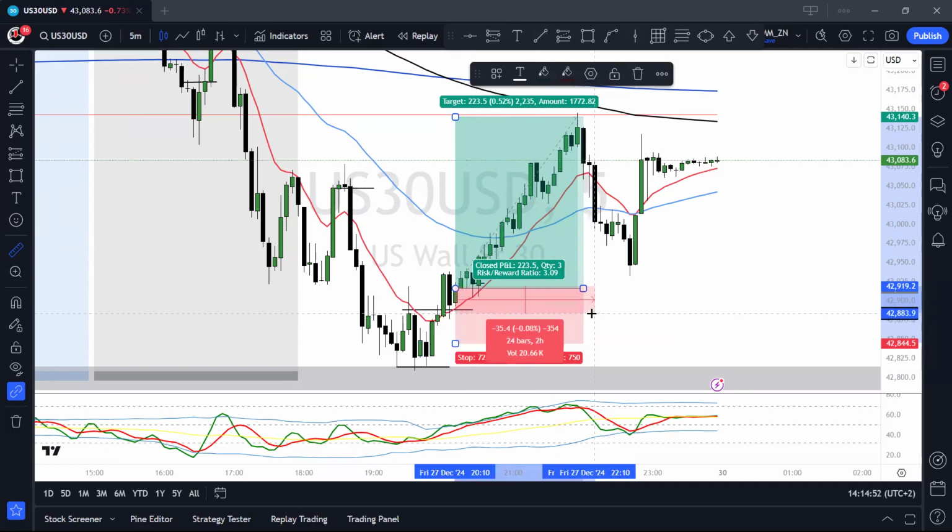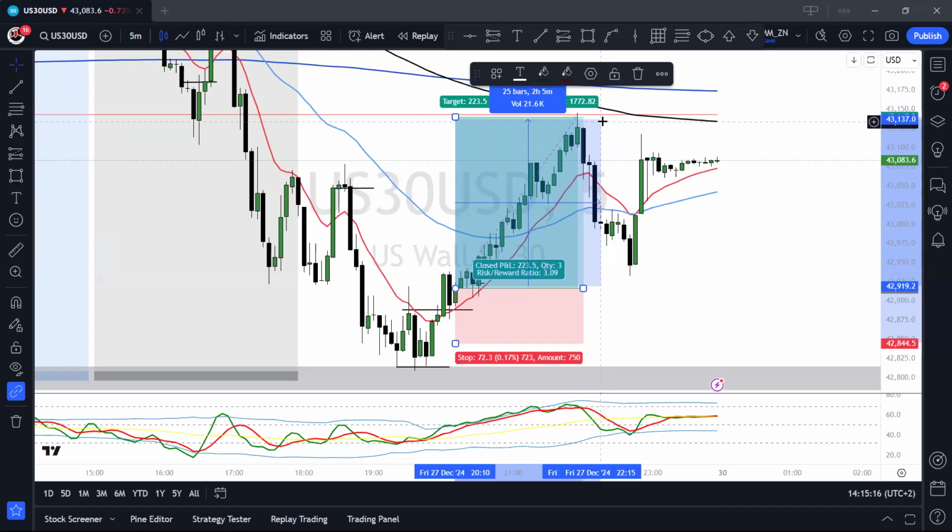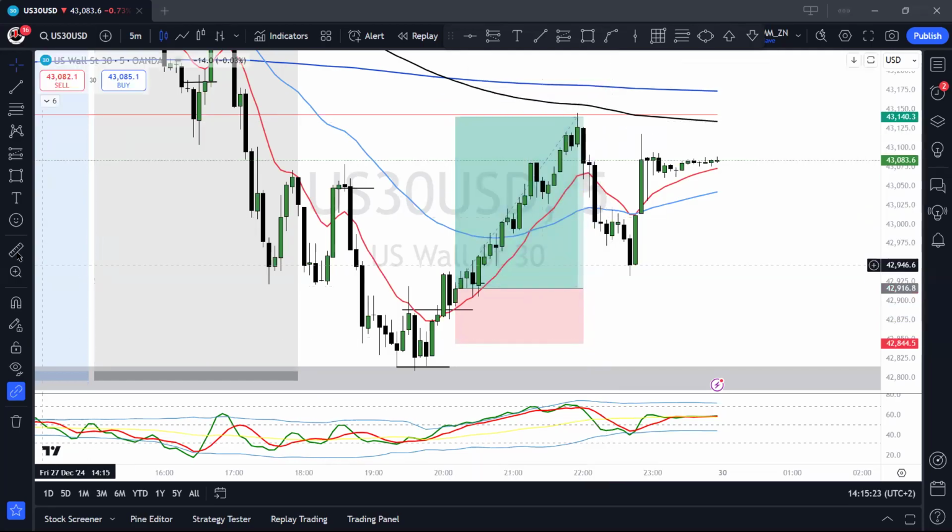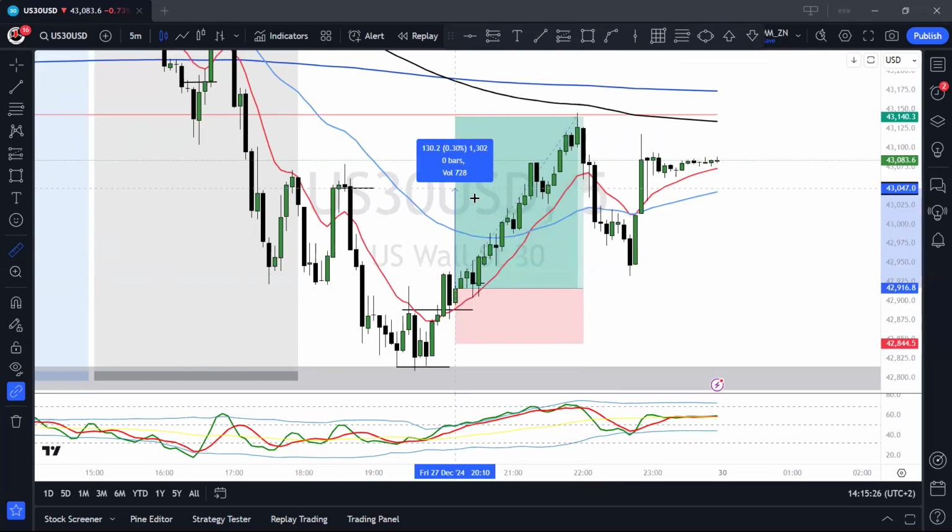If your price takes you out, it's fine. You've traded your plan. This stop loss, however, is big, but based on the market structure now, you can still adjust your risk accordingly. So this is a 70-point risk in order to get what? About 223 points, which is a 1 to 3 trade, which is still perfect. So as long as you know where your price is going, market structure, you can plan your risk for that trade accordingly. Or otherwise, like I say, you can still aim for just 100 points, which would have been around